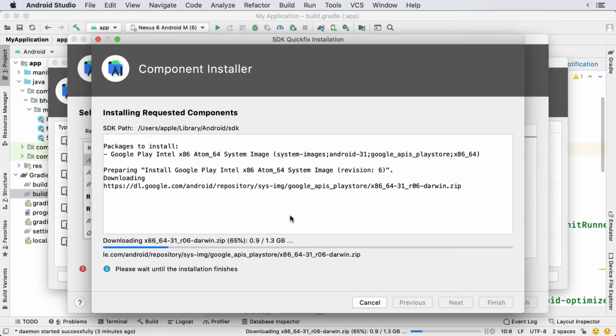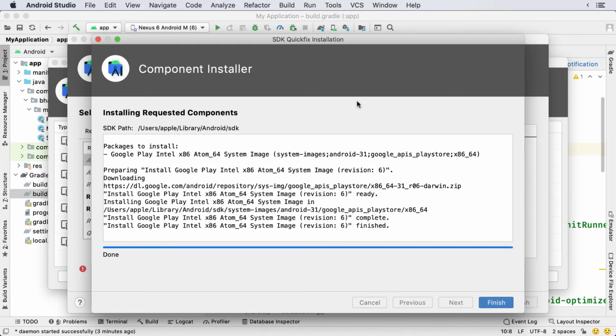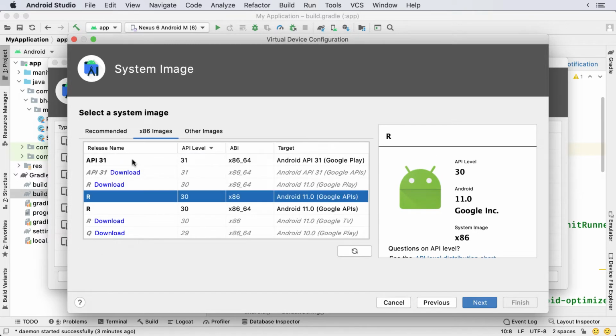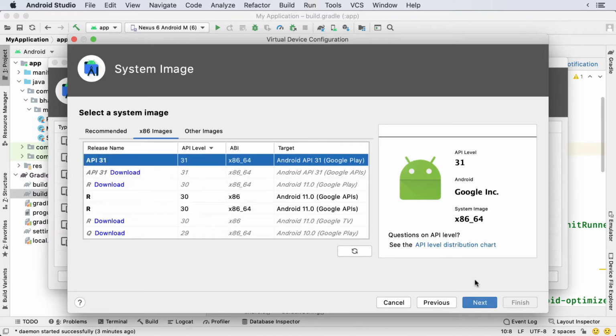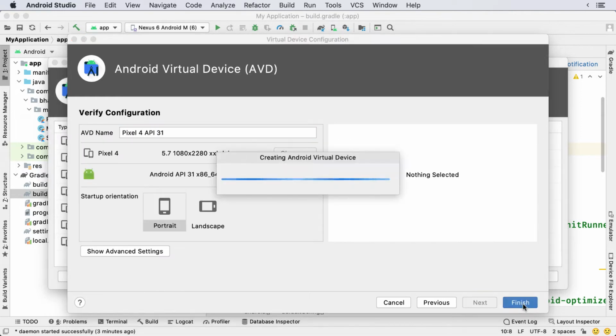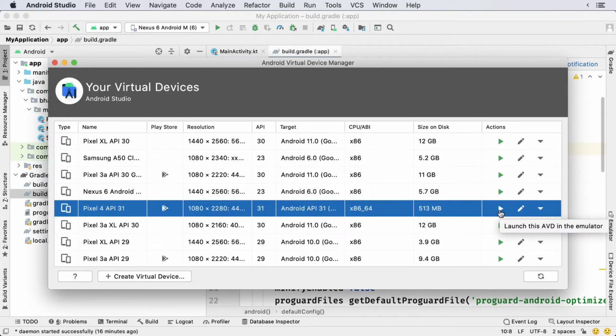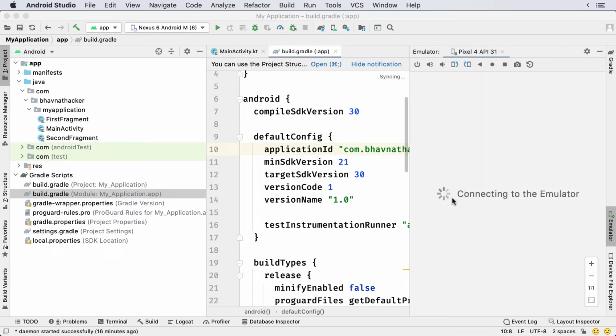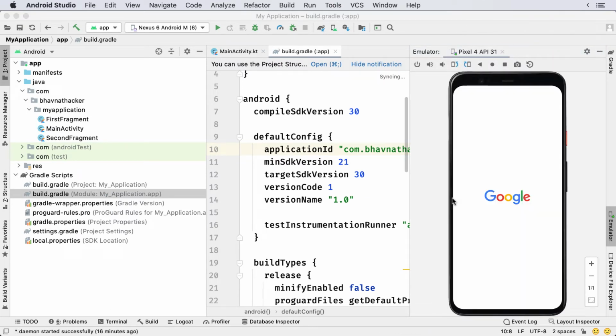We return to Android Studio to see whether the download is completed. Click Finish. Now select API 31, click Next. We launch this. You see that the emulator is launching in the same tool window. This is governed by the preferences.